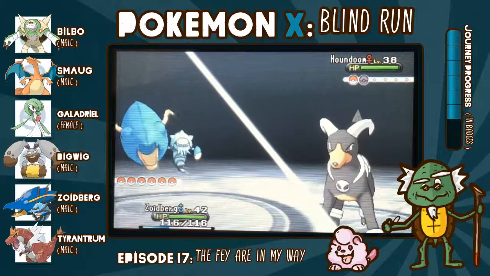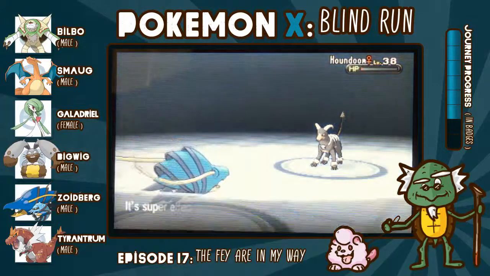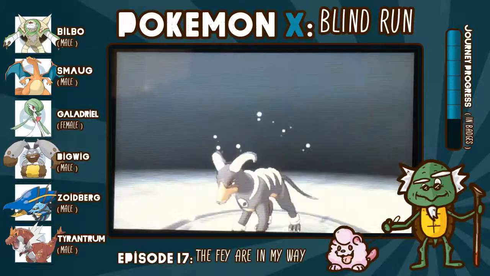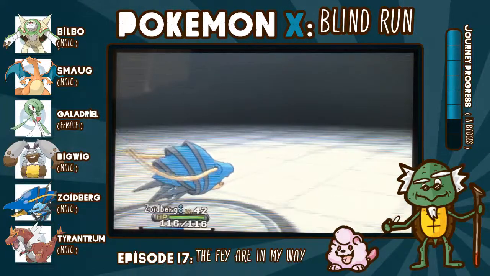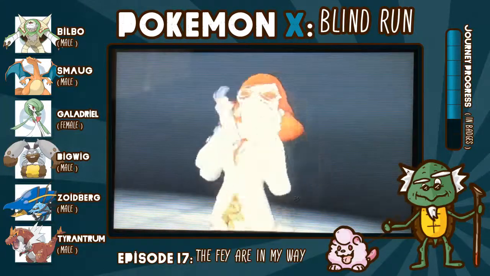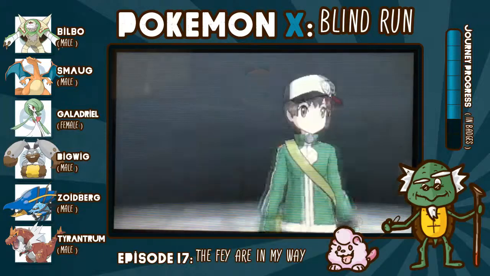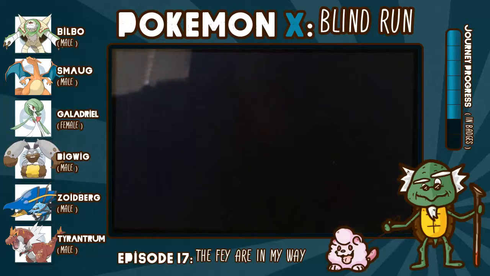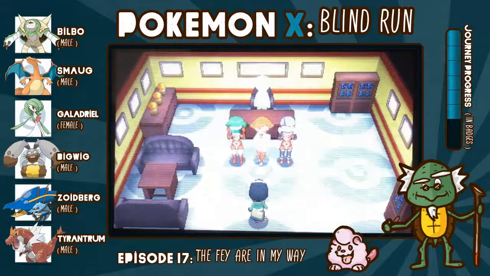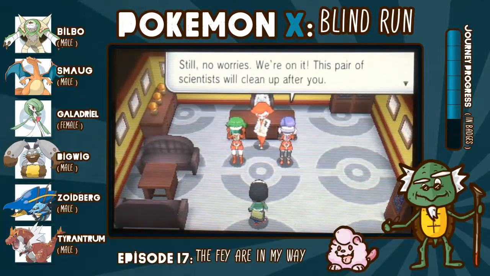Woo! Crabhammer. Yes, it hit. Awesome. What was I saying? So yeah, it's weird that all the evil teams have had red-haired grunts. Oh, now she's freaking out. Tortimer received $6,000. Awesome. Oh, I also experimented because it was right by the